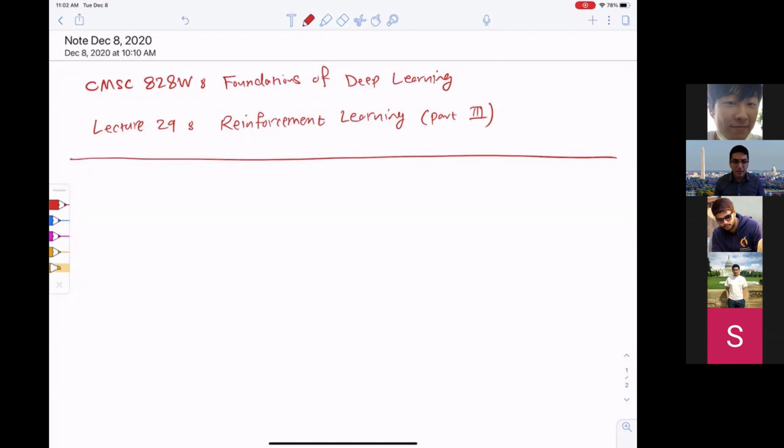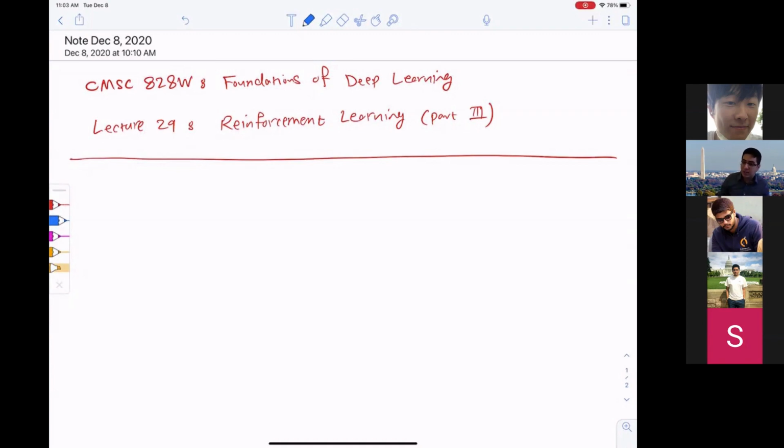Okay, let's start. Today we are going to continue to talk about reinforcement learning. So in the last lecture, we talked about Q learning and policy iteration. The idea was to basically characterize either the Q function or the V function using neural networks. And then by computing the argmax of the Q over different actions, we can compute the policy in order to see in what actions we should take in different states.